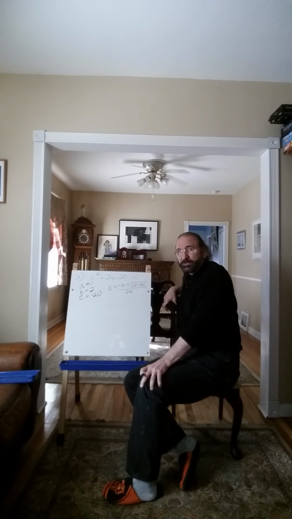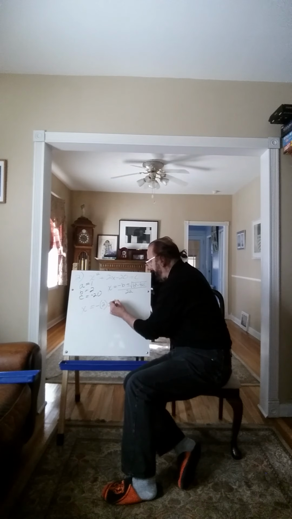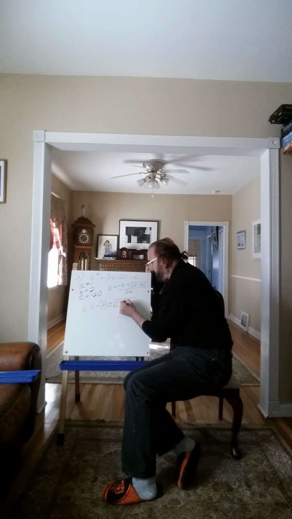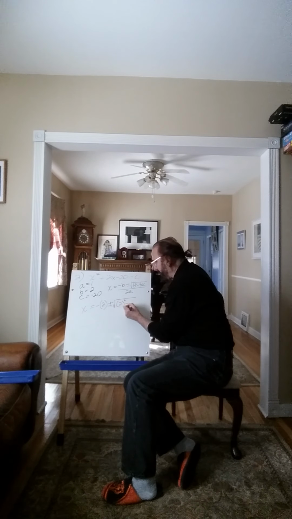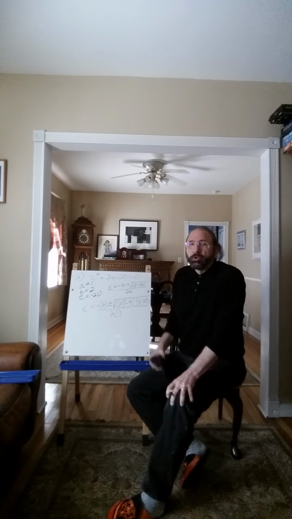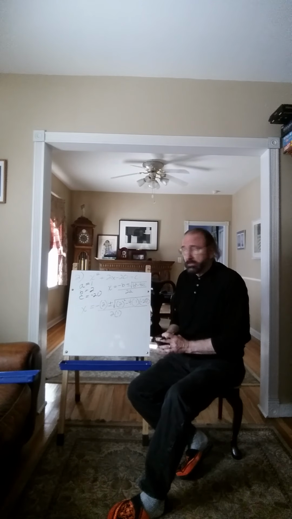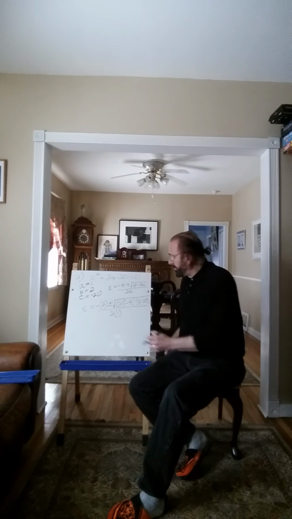x equals negative b. Well, b is 2. See my parentheses? Parentheses again for the b, 2, minus 4. A is 1. C is negative 20. All over 2 times what? 1. This is going to give me not 1, but 2 answers for x. See the plus or minus? x equals negative 2 plus or minus